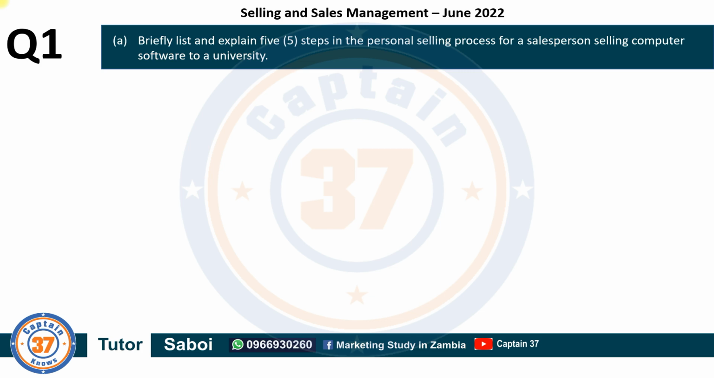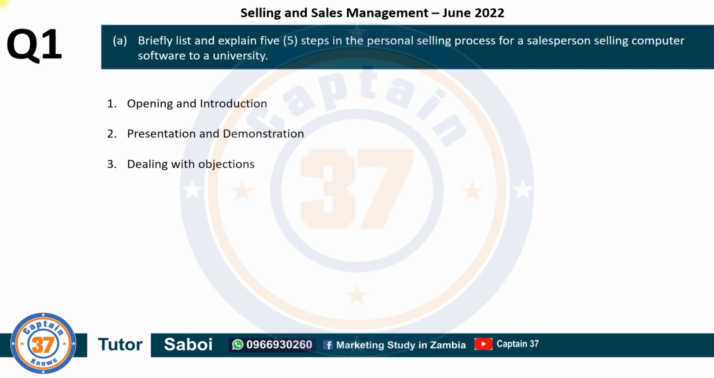The first step in the personal selling process is the opening and the introduction. Step number 2, presentation and demonstration. Step number 3, dealing with objections. Step number 4, closing. And step number 5, follow up. So you notice that for number 2, I have added presentation and demonstration and made them as one. Under normal circumstances, these could have been 2 different points. Point number 2, presentation, and point number 3, demonstration. But because this question specifically required students to list 5 of the steps, I had to combine the 2,